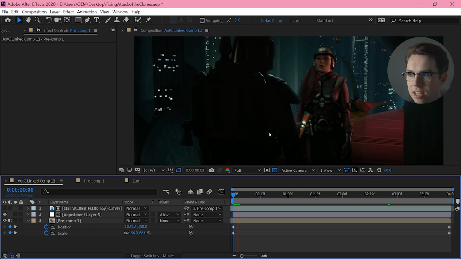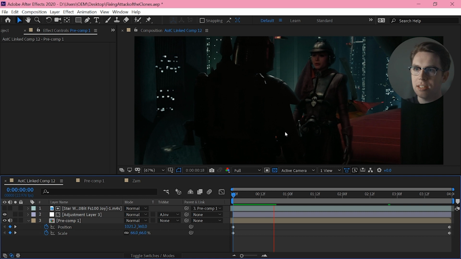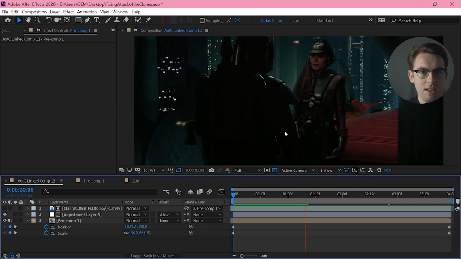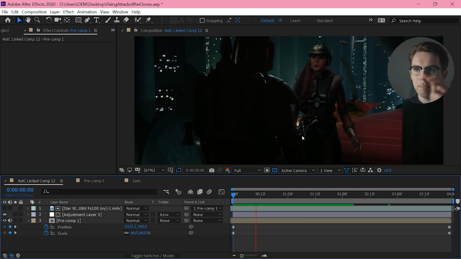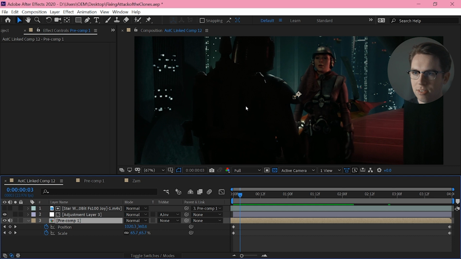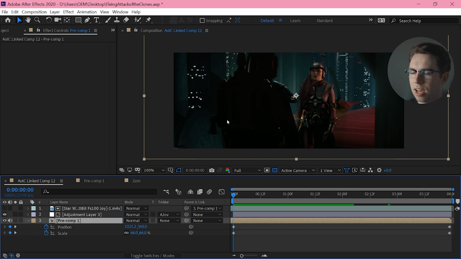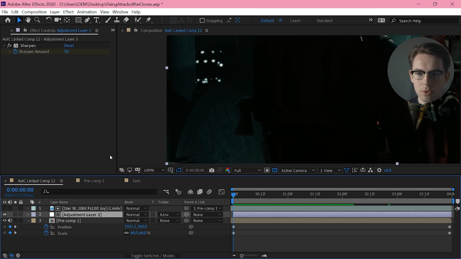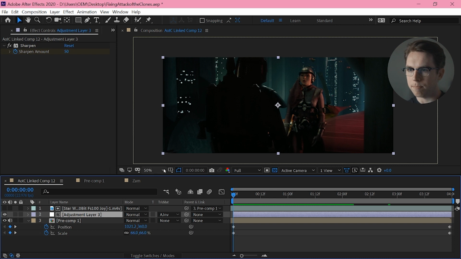I then want to add a little bit of a zoom out, actually. And there's a slight dolly in on this shot in the first place, so it gives me a vertigo effect, a dolly zoom. So it's slightly pushing in and zooming out, so it looks kind of cool and ominous. That's just animating the position and scale. Now I'm zoomed in quite a bit, and obviously I'm working off a 4K rip of the movie, but we do start to lose some detail. So I want to bring back that detail, and the way I'm doing that is just with a sharpen effect.